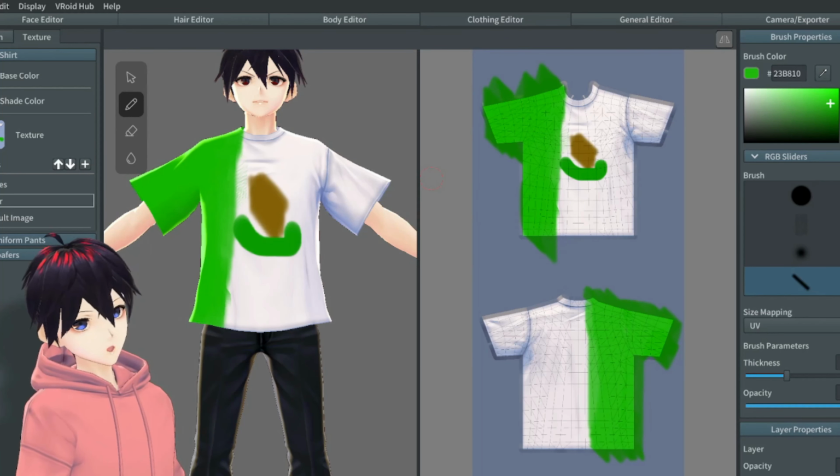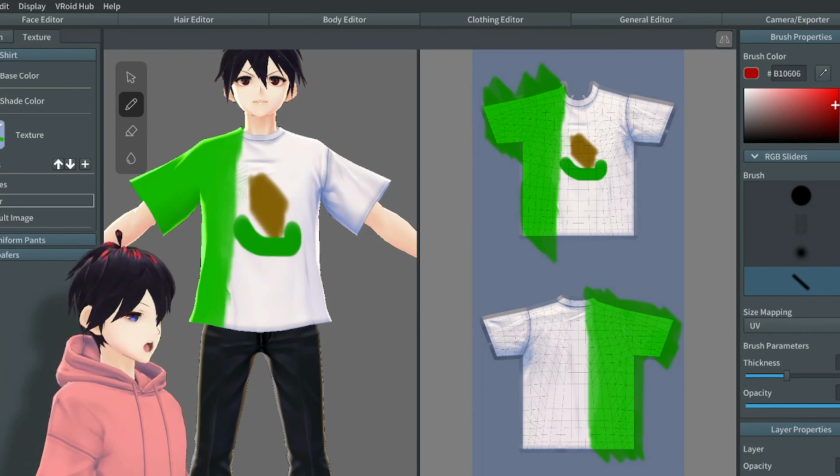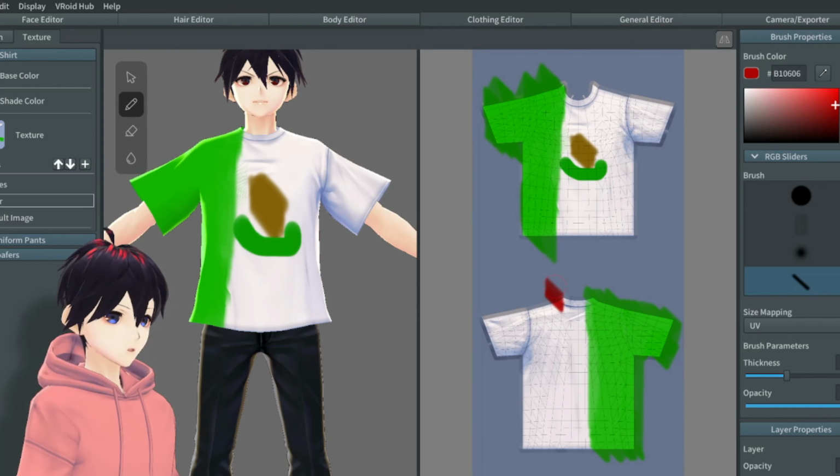Alright, so now we're on to the red part. The red part may seem a little bit easy, or somewhat, it should be easier than it was before. Okay, so we want room for the white part, right? So,